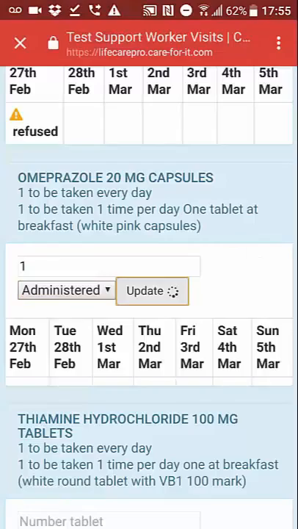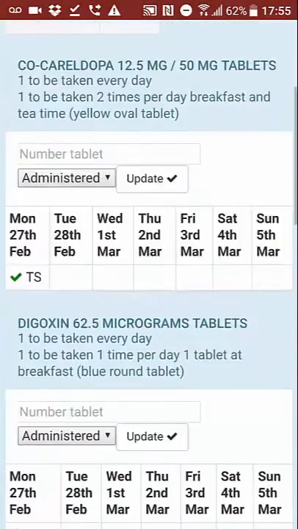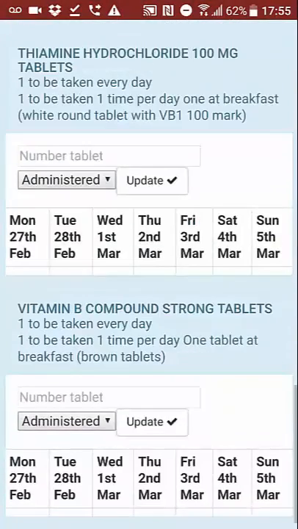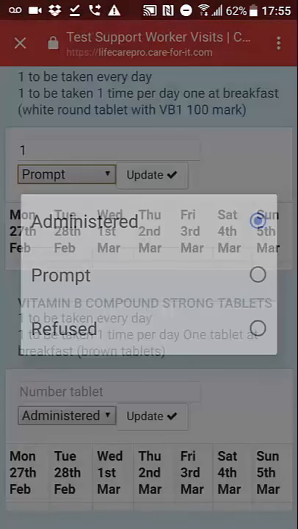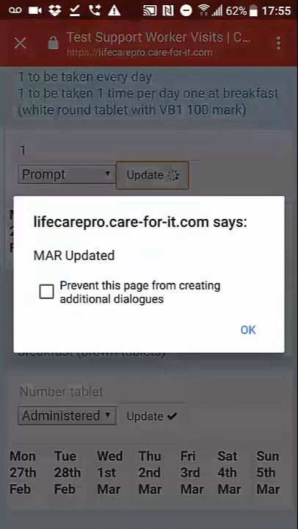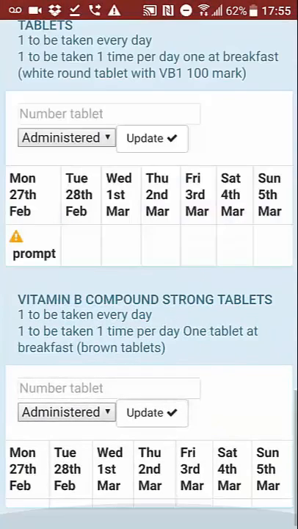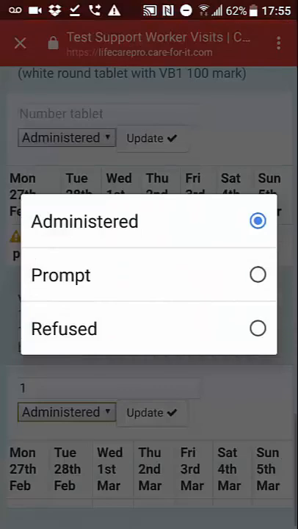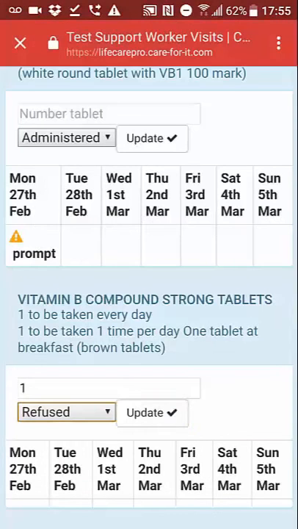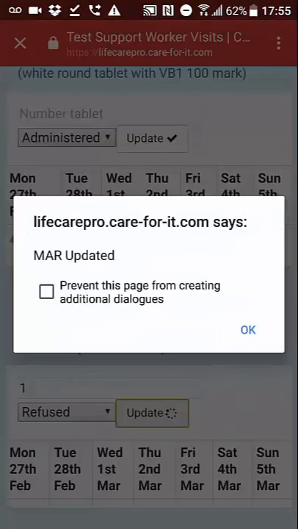We say administered, update. Okay, one tablet, prompted, update. And the final one, one tablet, refused, update. Okay,